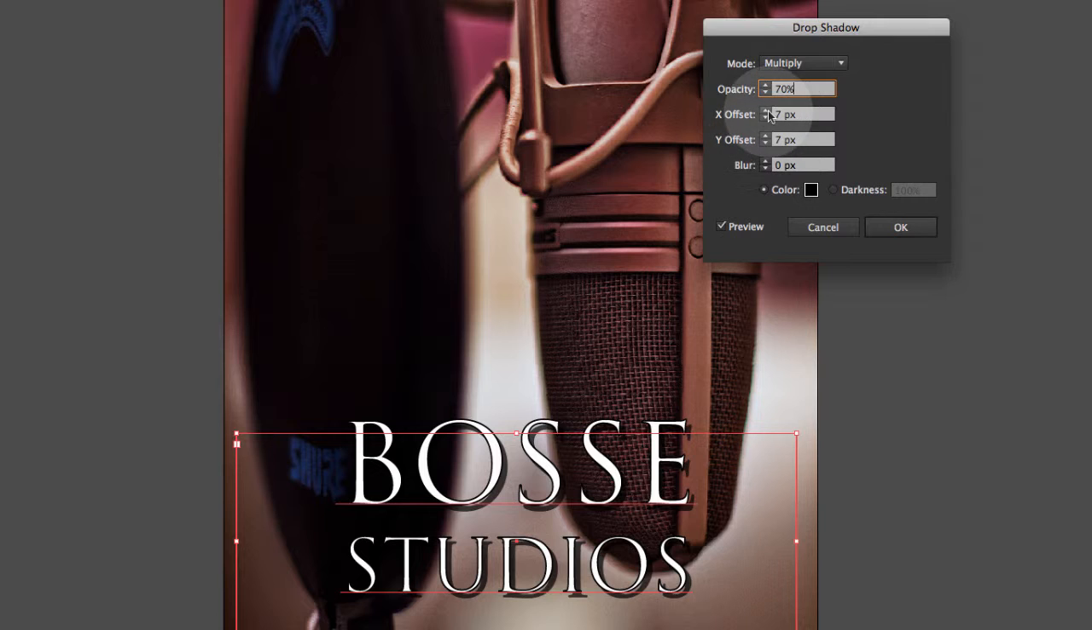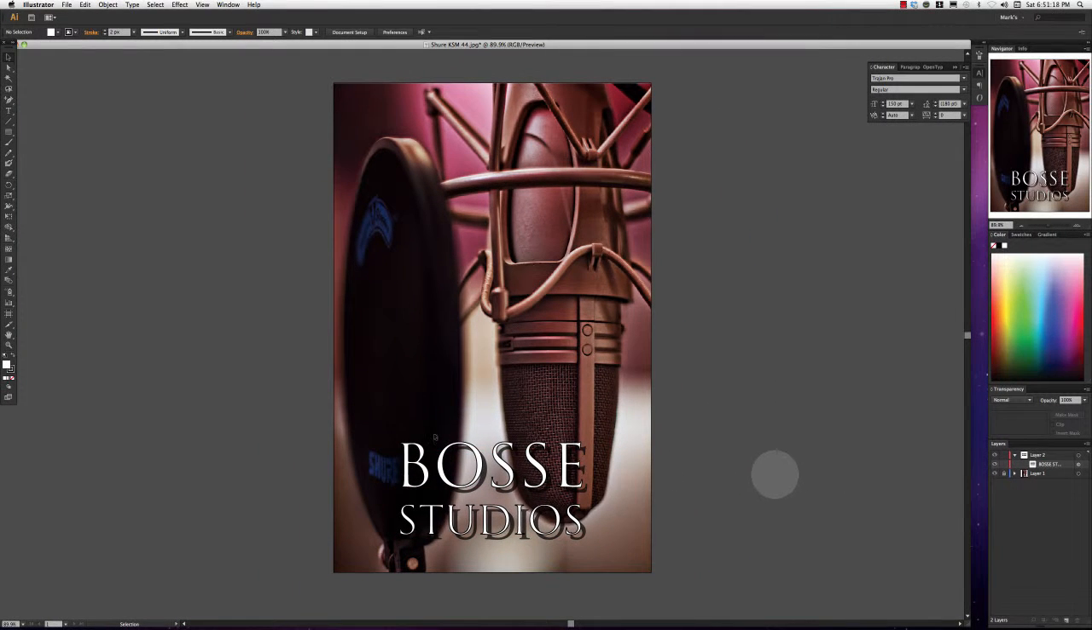And I can bump up the offset of where it's going to be. I want it a little bit farther away from the letters, so bump that up a bit more. And that's good. Now we have a logo with an outline and a drop shadow. And that looks